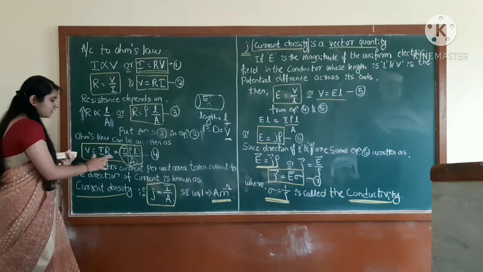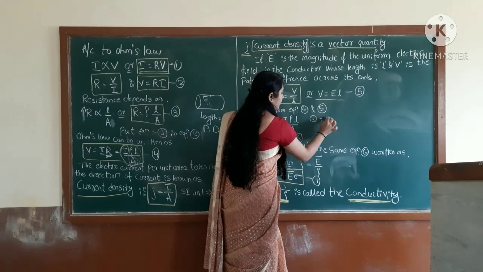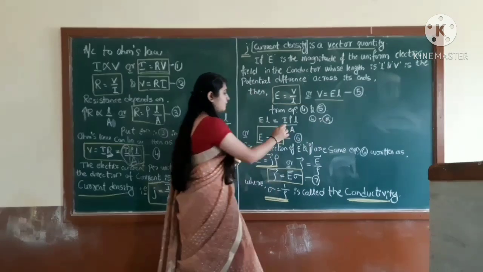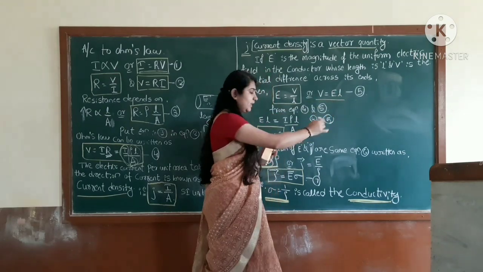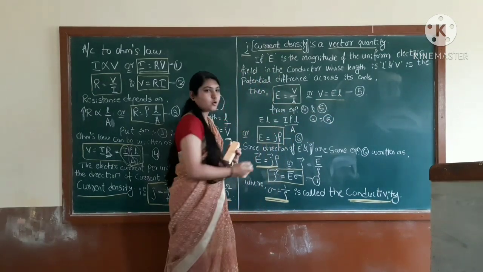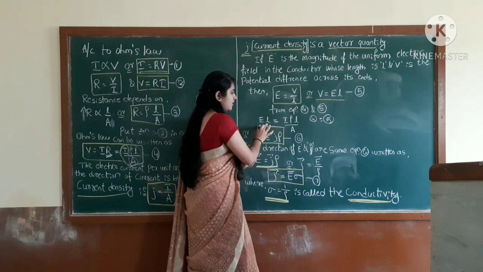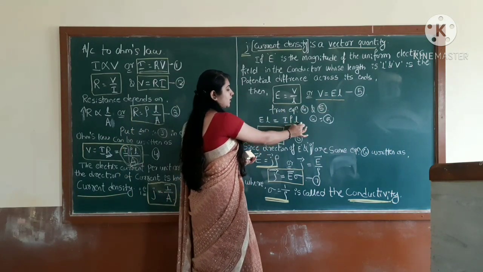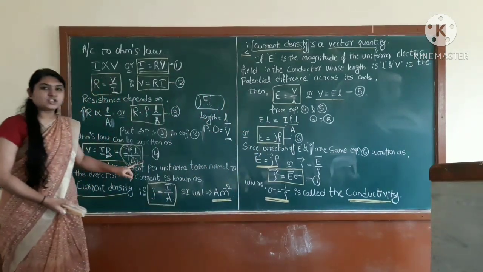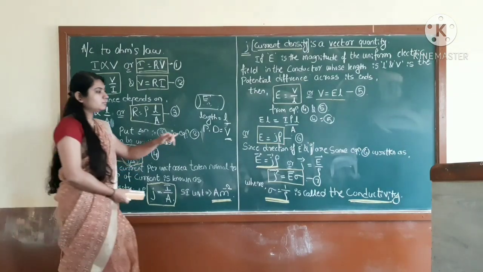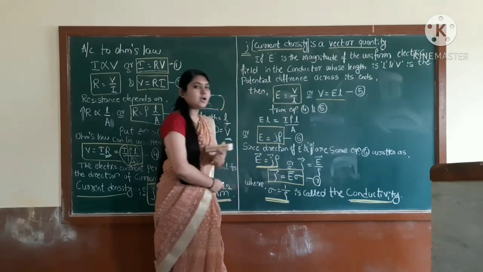So first I consider this one, equation number 4 equal to 5. Take first this one. This is the smaller quantity, that's why only two factors, E and L, are present. So I write E into L here, and V is equal to I rho L divided by A, from equation number 4. So I wrote here. Then students, what will happen now?